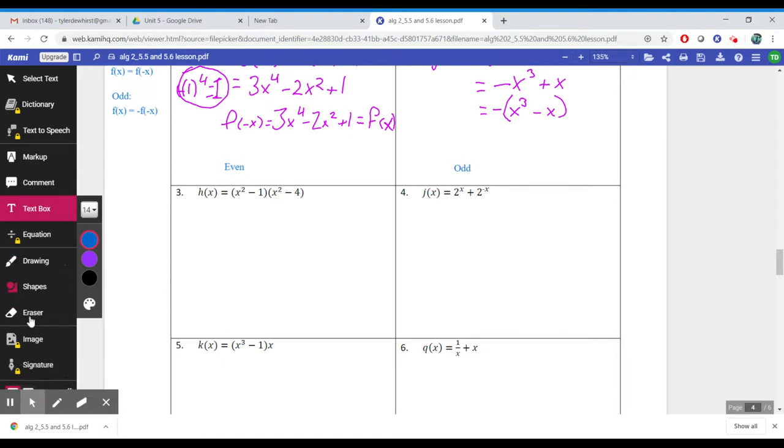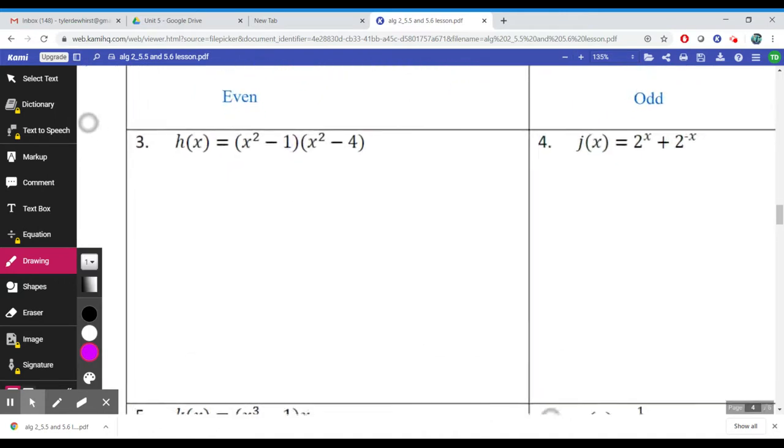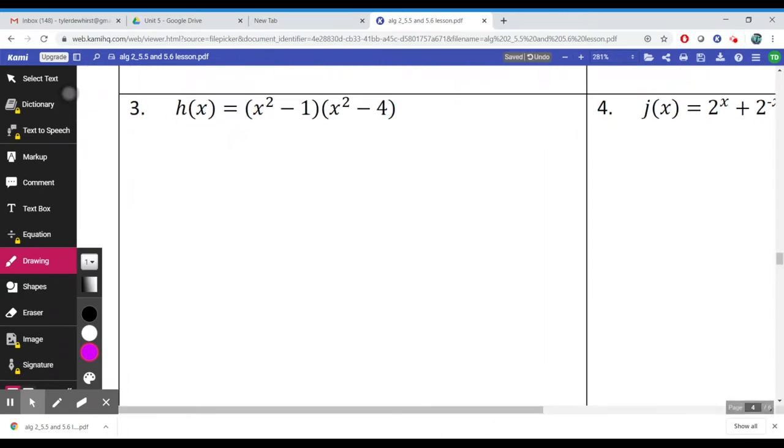So we'll go ahead and look at number 3 together next. I'll start this one off the exact same way I started the other ones off by finding out what h of negative x is equal to. So I'm just going to replace all of the x's with negative x's. So we'll have negative x squared minus 1 times,